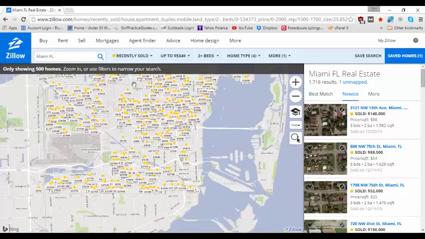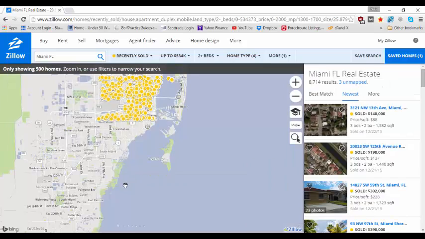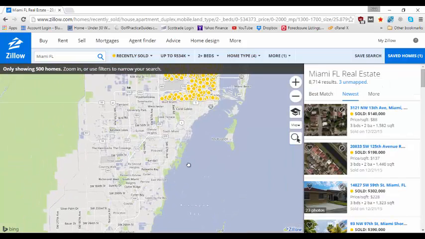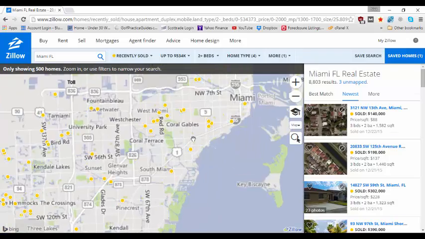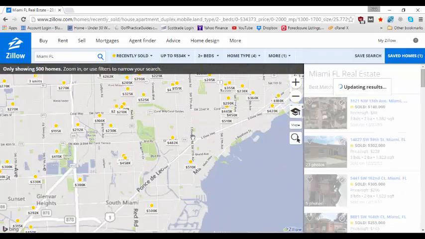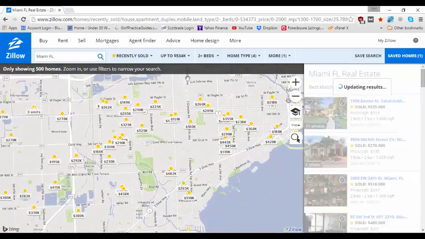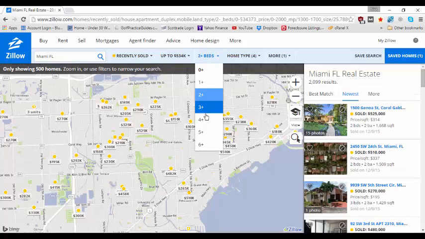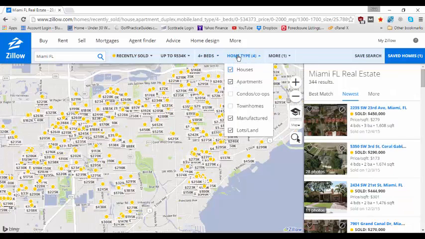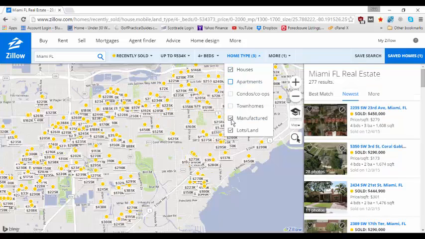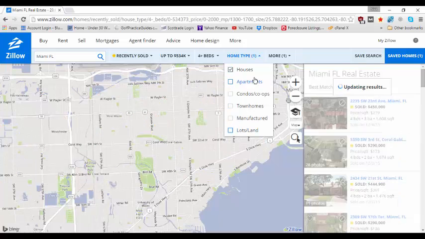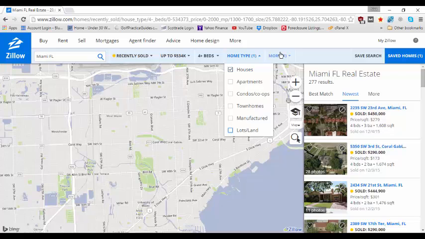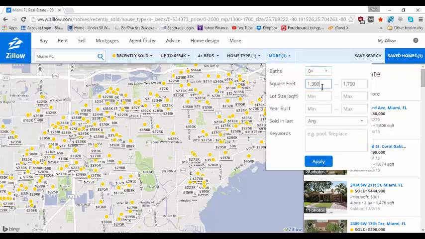So let's say we were in the Gables, so we'll come down here to Coral Gables, and we had an investment property we were looking to flip in the Gables, and we'll say it has 4 beds, and we'll do a house only because it's a 4-bedroom house. So we'll uncheck everything and leave houses, and then square footage, we'll say our 4-bedroom home was 2,400 square foot